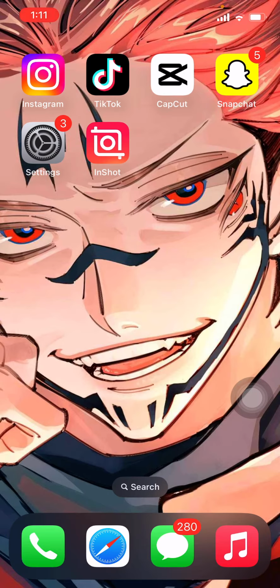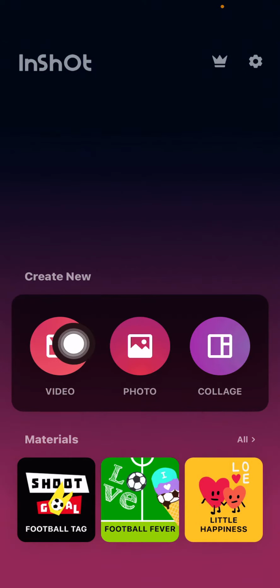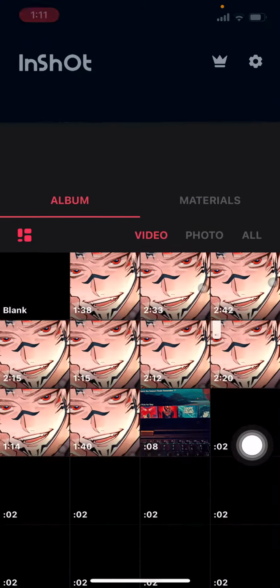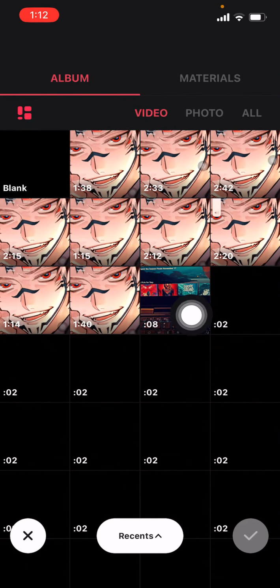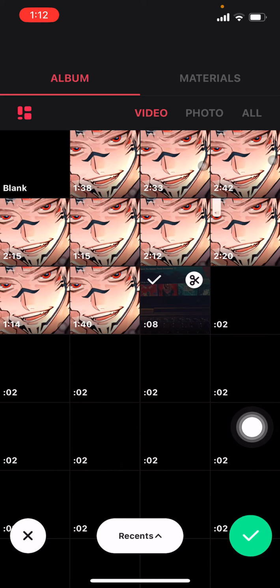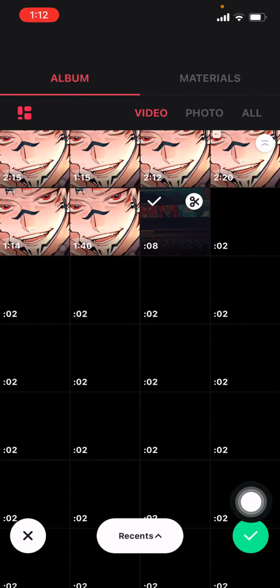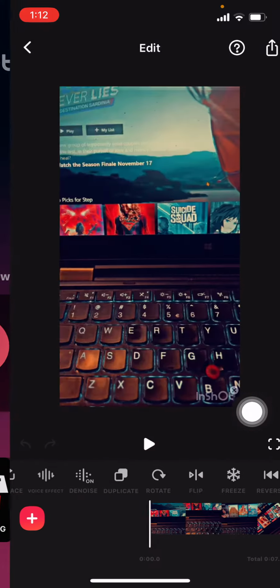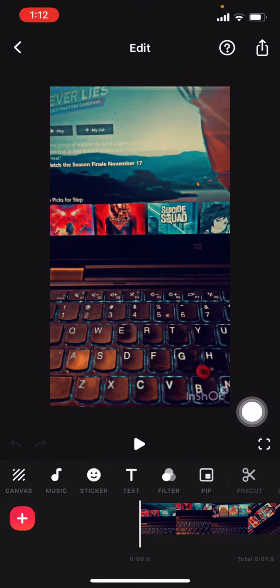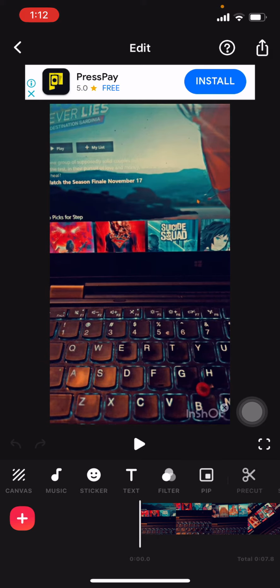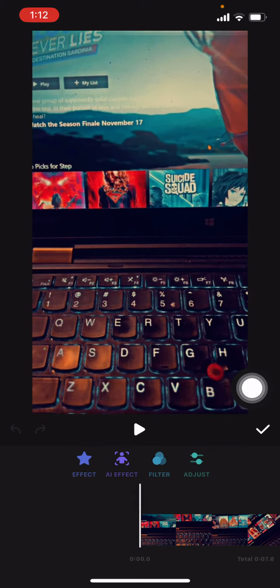First, open your InShot and then click here on video, and then choose the video, this one, and then click here on this green tick. From here, to add AI effects, you just have to click here on filter and then click here on AI